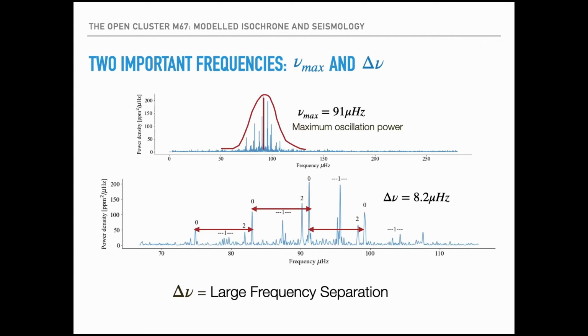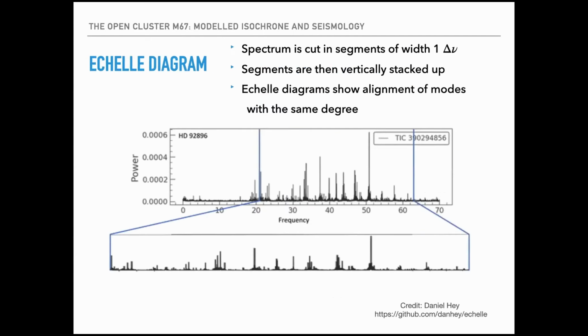So as you can see, there's a pattern here, 0, 1, 2, and then we begin again, 0, 1, 2. So that distance before the pattern begins again is called the large frequency separation, which in this star is 8.2 microhertz. So once we have those two frequencies, we can construct what is called an Echelle diagram, where the spectrum